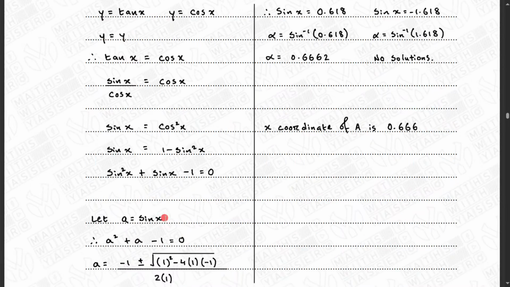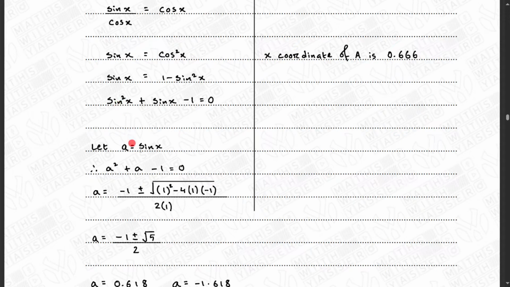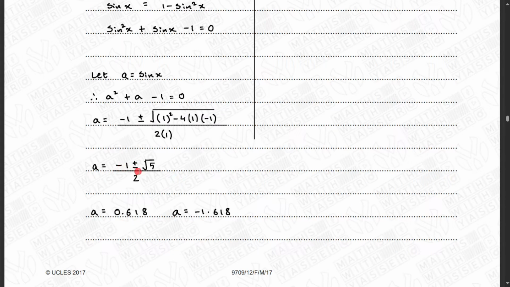Then I can consider sin x to be a, and we can use the help of the quadratic equation to find the value of sin x. So I can rewrite this equation as a square plus a minus 1 equals 0. So a will be minus 1 plus minus square root of 1 square minus 4 times 1 times negative 1, over 2a, which is 1. So a will be minus 1 plus minus square root of 5 by 2. That will give us a is 0.618 and a is negative 1.618,